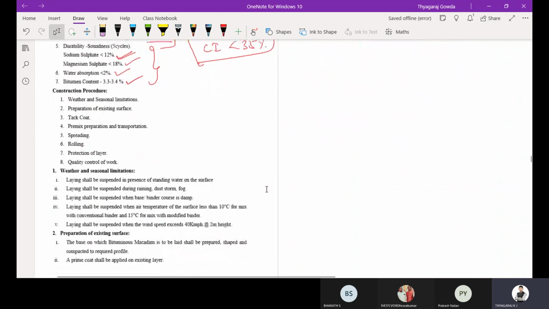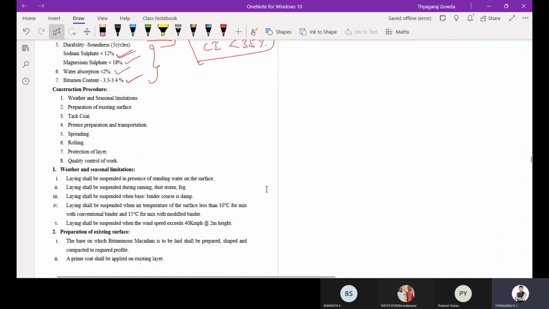Then is the construction procedure. Whenever you are constructing the bituminous layer, the first and foremost thing you have to write is weather and seasonal limitations, which will create problems in the construction of a bituminous layer.